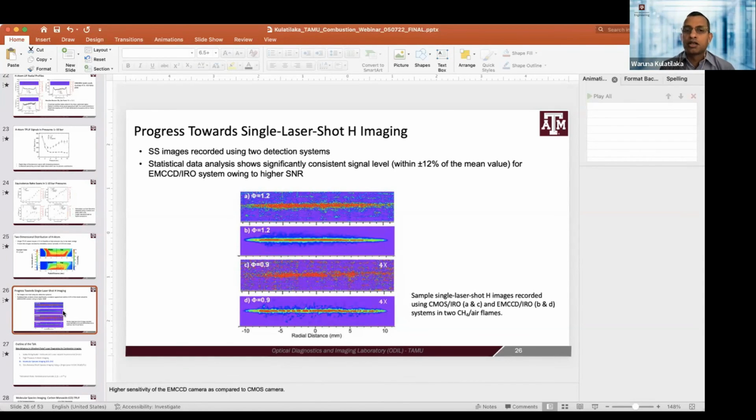So that's what we typically do. So they are both intensified. Okay, gotcha. They're both intensified, but the CMOS camera has significantly higher noise, right? So what we did in that case is took off the CMOS camera and then put an EMCCD camera. The EMCCD camera will have significantly lower chip noise and readout noise. You get a much nicer signal to noise ratio. The disadvantage, of course, is it doesn't go fast. Right, okay. 20 or 30 hertz maximum.